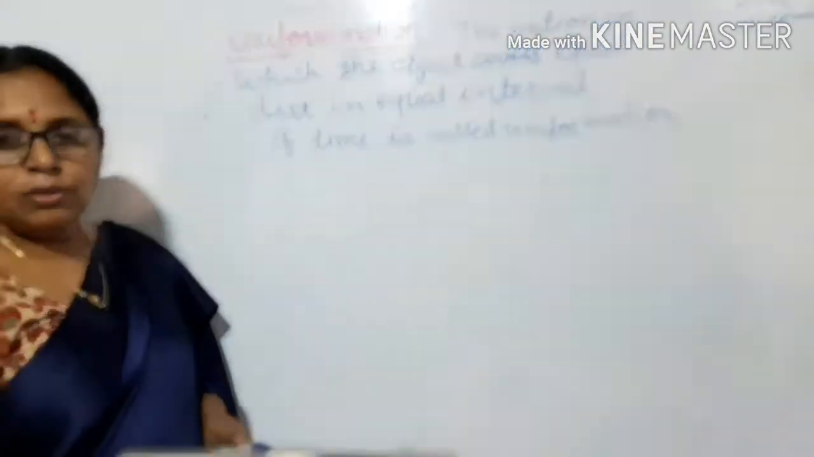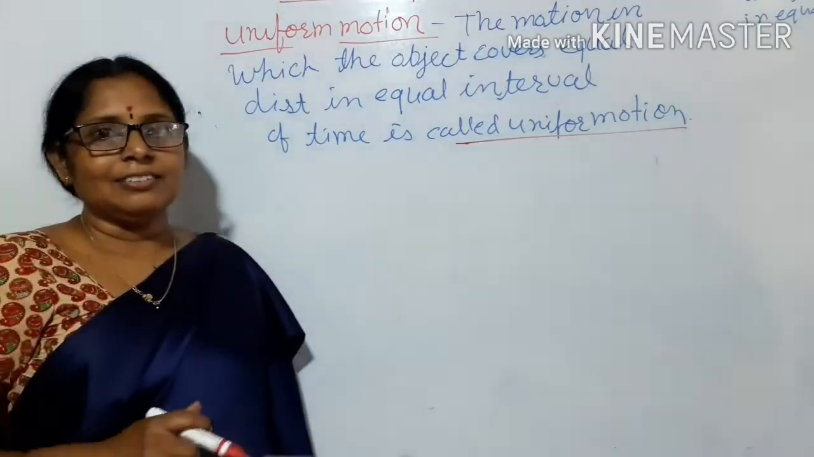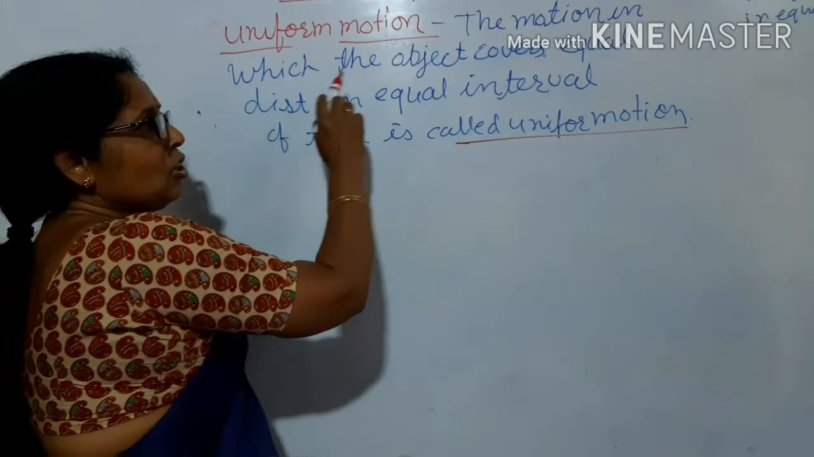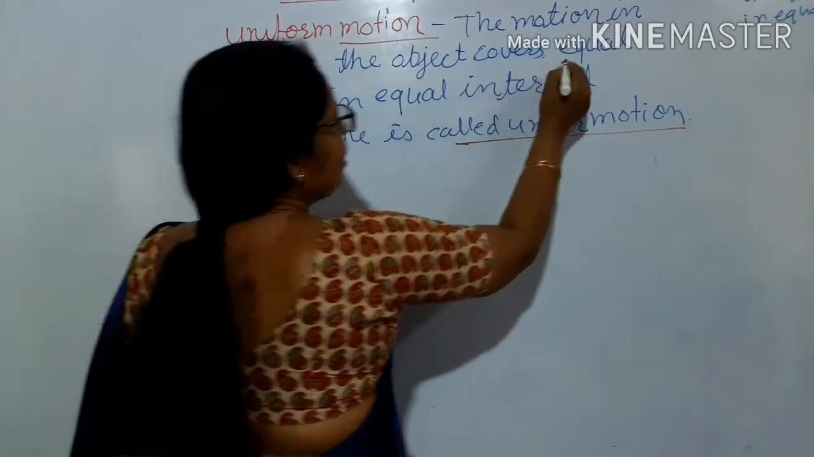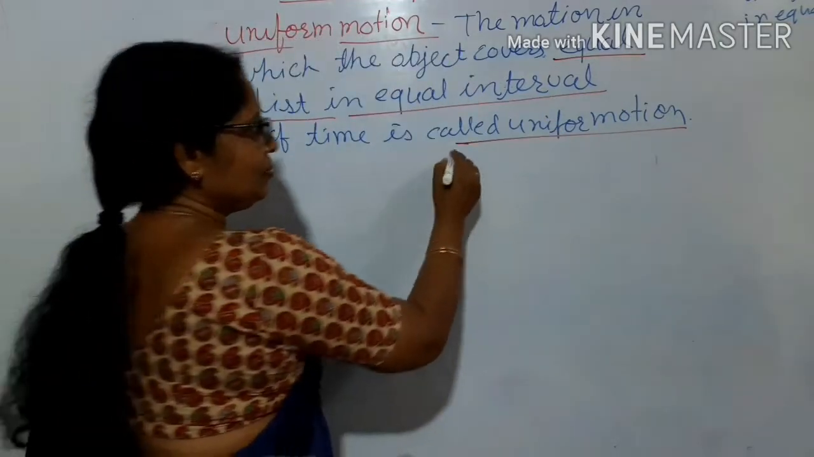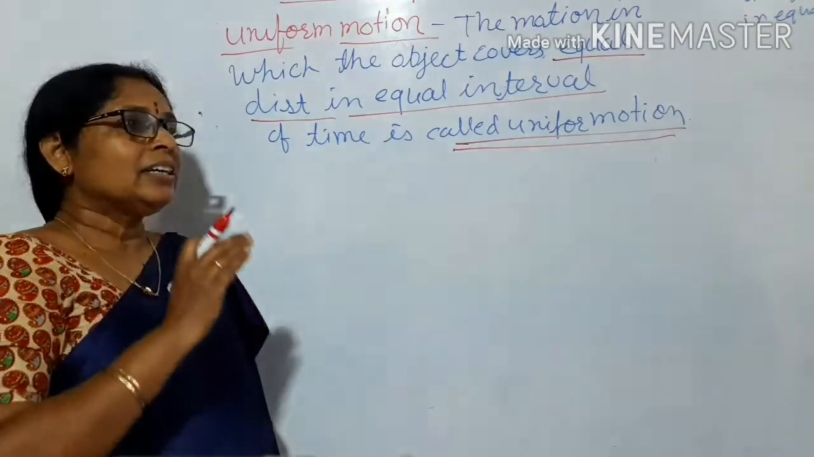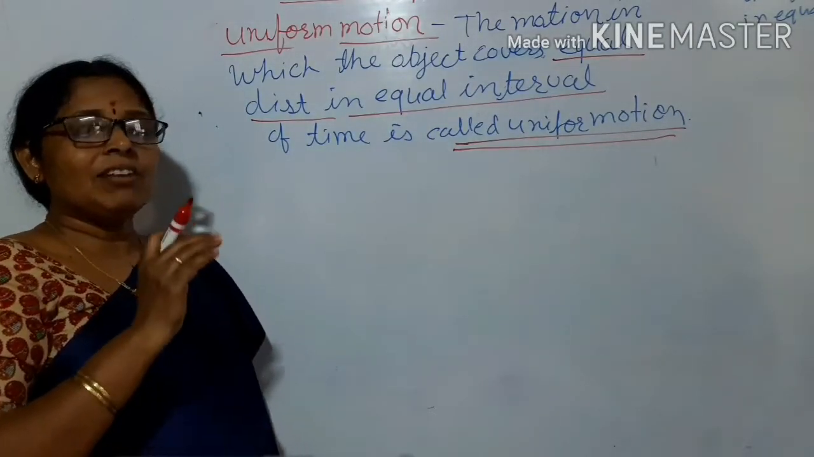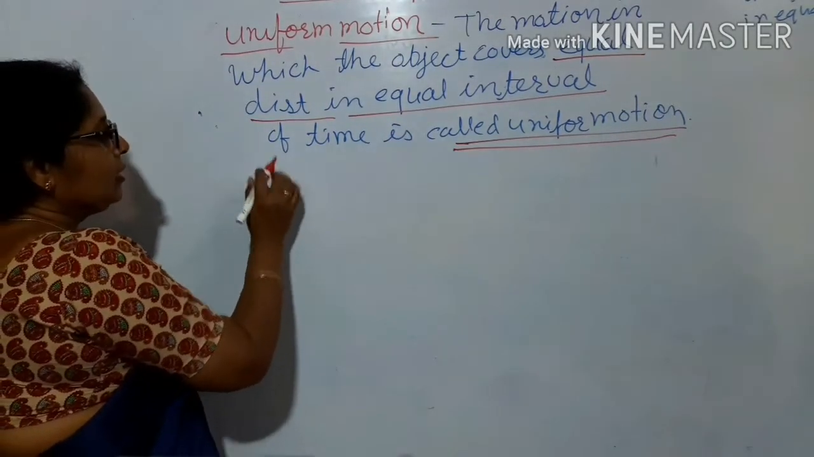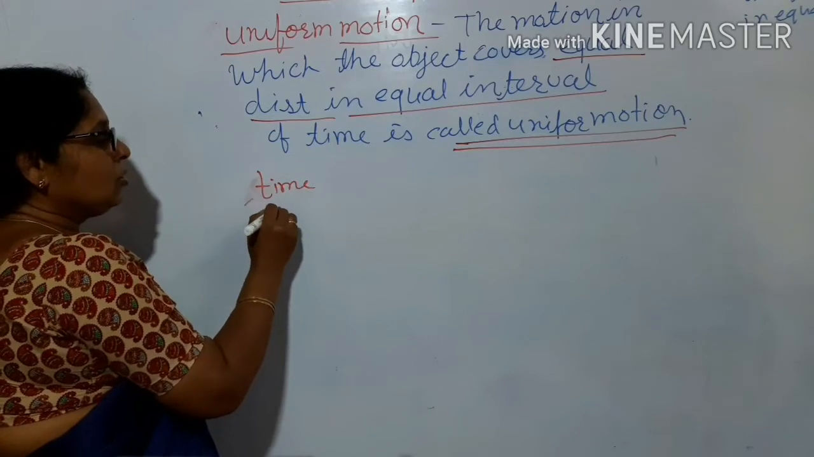Uniform motion. What do you understand from this? Nothing. See one more time. The motion in which the object covers equal distance in equal interval of time, means the object is completing the equal distance in equal interval of time. For an example, this is the time in clock,